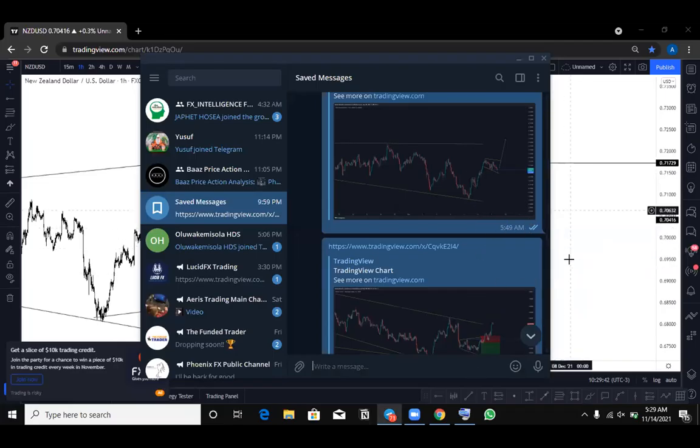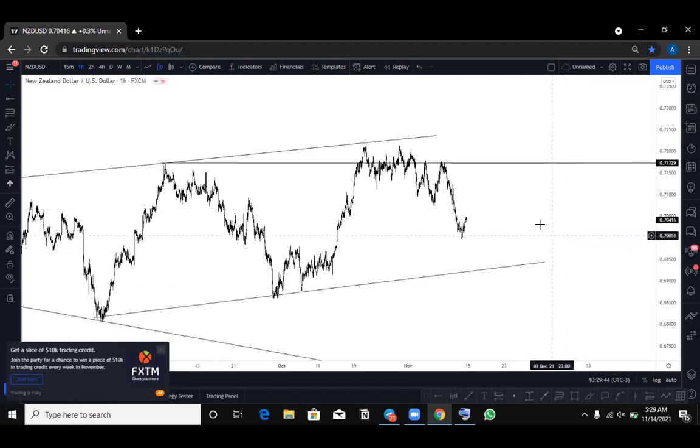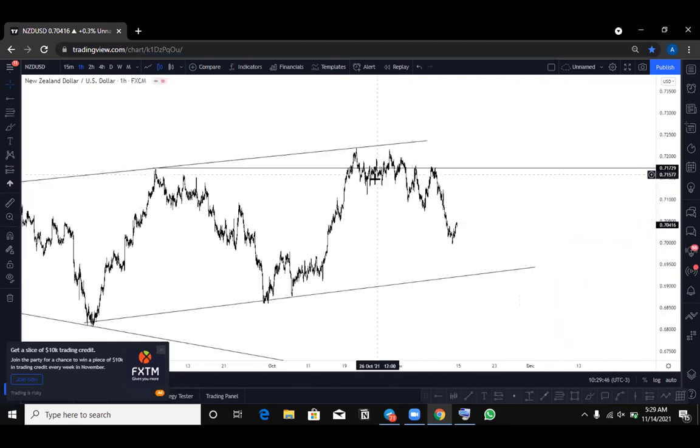So going back to this chart, now we look for sales. I think I didn't get into any sell here because it didn't give me a setup that I wanted. So I didn't take this sell. I was looking for a flag or an expanding or something, but it didn't come. So I didn't trade it. I hope you see why I didn't take it.